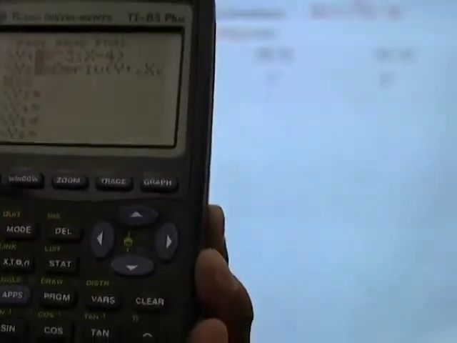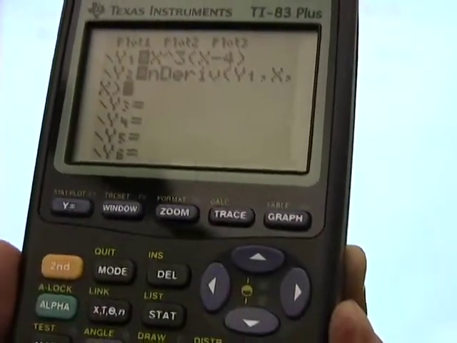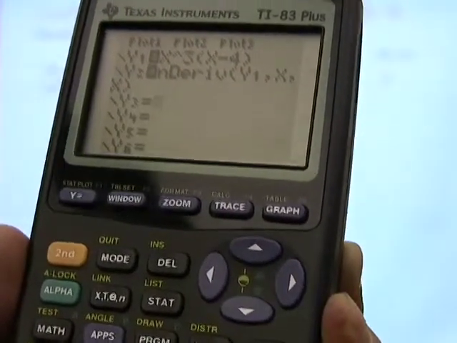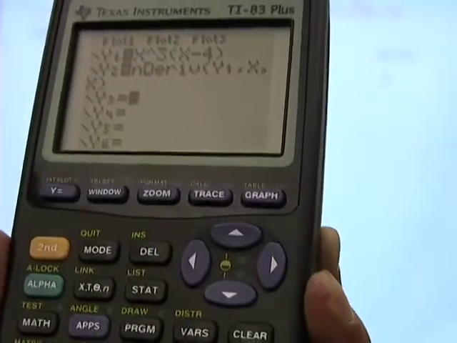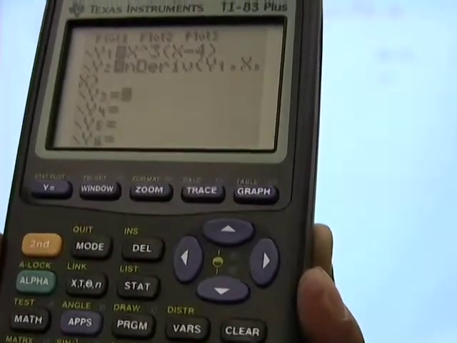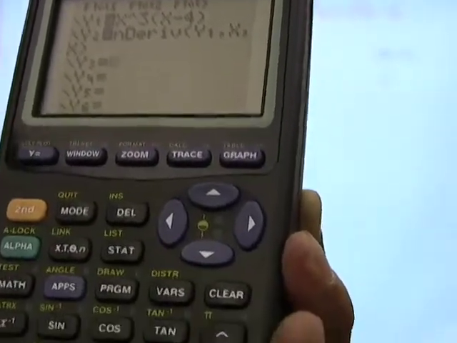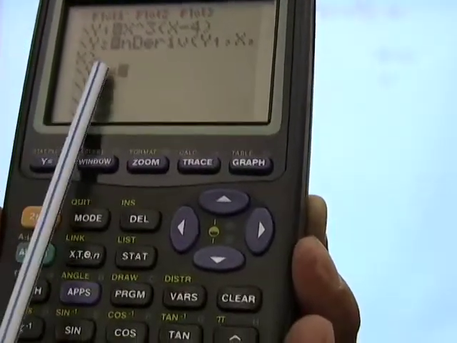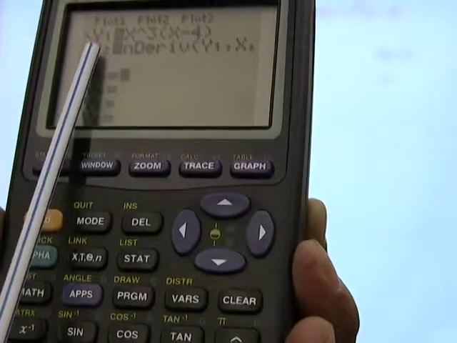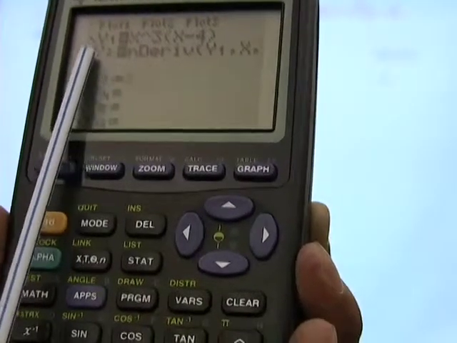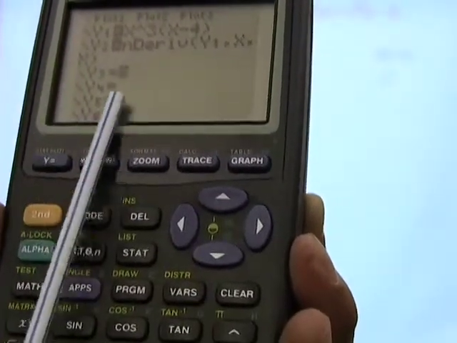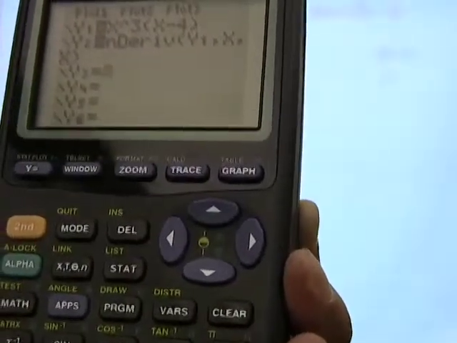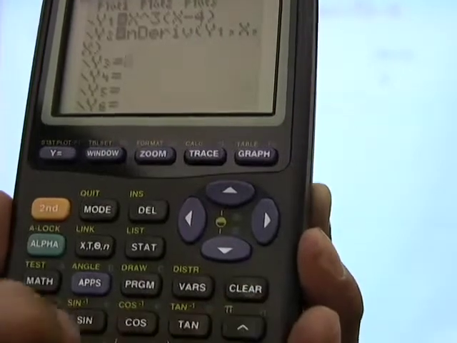That's our y2. Now, because we are using the second derivative test, we are going to have y3. y3 is going to be the second derivative of our function, which, remember, is the derivative of the first derivative, or the derivative of y2. So what we're going to enter here is the derivative of y2. Now, can you do that on your own? Go to